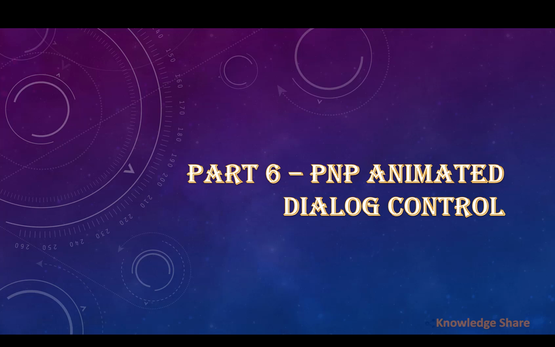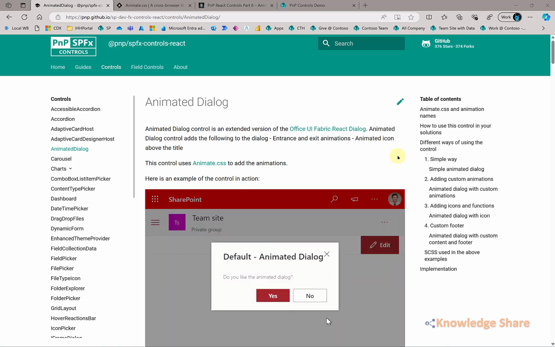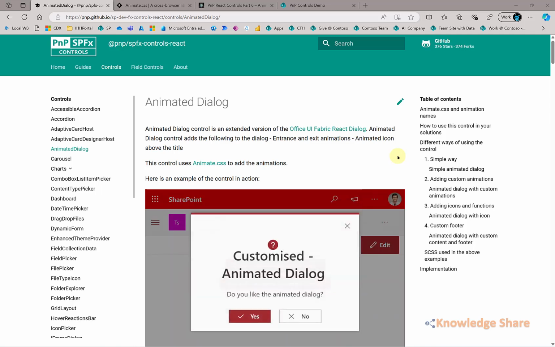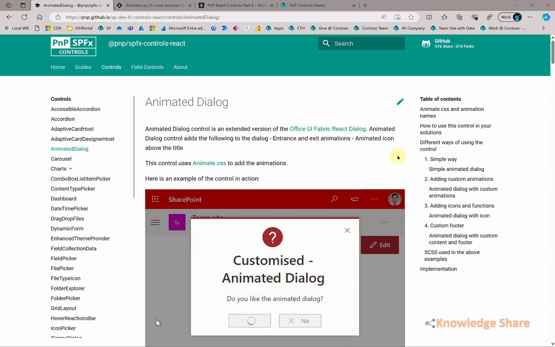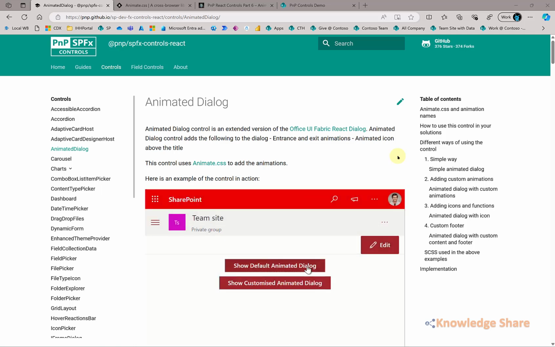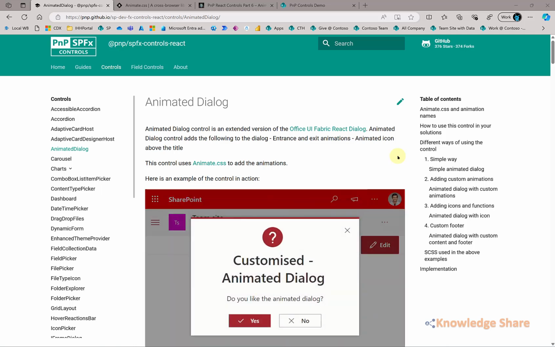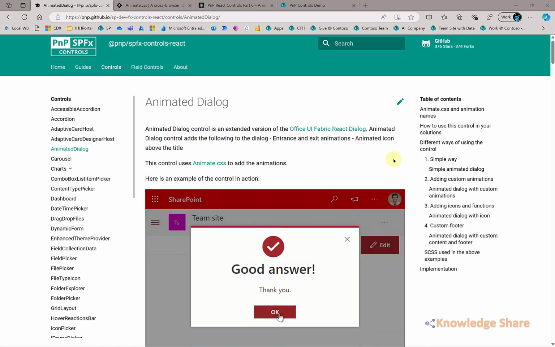Today we are going to see the PnP Animated Dialog control, and how we can use the animated dialog control in our SPFx project. As always, this is the PnP GitHub page for the animated dialog control. So this is nothing new. This is an enhanced, extended version of an Office UI Fabric Dialog. They have just extended the dialog to use